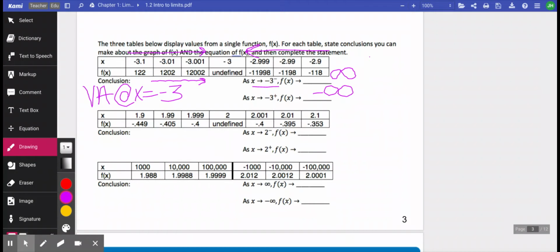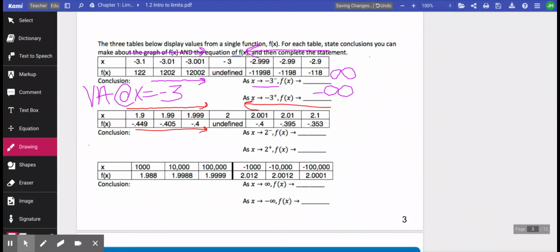Okay, so the second table, we are approaching 2. Coming in from the left, it appears that our y values are approaching -0.4. Coming in from the right, once again, it appears our y values are approaching -0.4. Maybe it's not exactly that, but our best guess, our conjecture, would be that because the function's undefined at 2, but our y's are approaching the same value of -0.4 from the left and from the right, that would be a hole in the graph